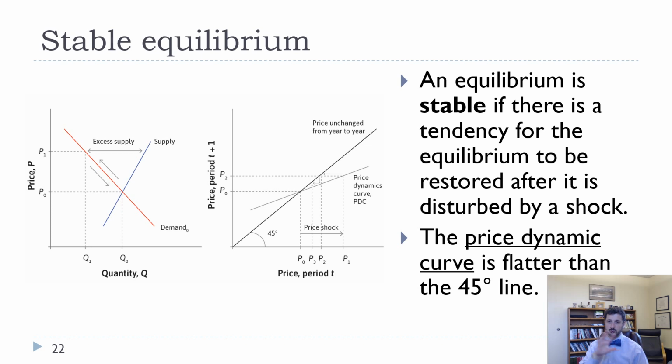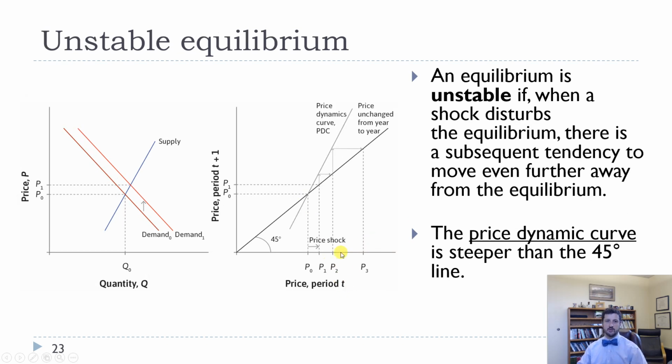And so then the next two slides are really just saying the same thing as the blue circles and the orange circles in the previous slide: an equilibrium is stable if, when you get an increase in price, people say, oh, that price is too high, and that brings us back to the original, right? So whether we think about that in terms of supply and demand, where the price goes up and then we say, oh no, that price is way too high, and we bring it back down, or whether there's a price dynamics curve, which in this case is flatter than 45 degrees. So when we get an increase in the price from P0 to P1, people say, ooh, that price is too high, and then we eventually walk it back down to a stable equilibrium,